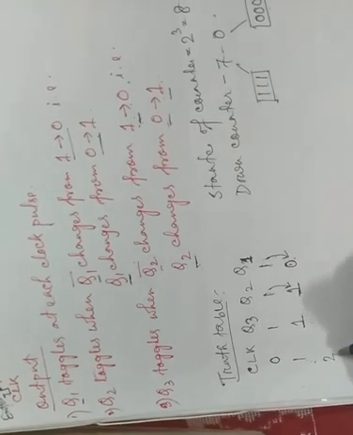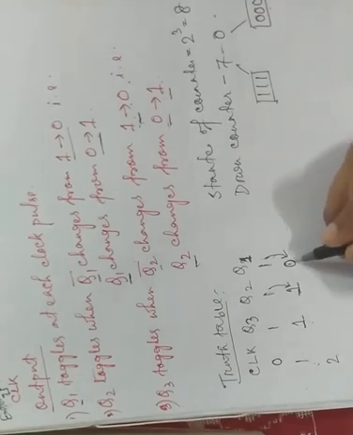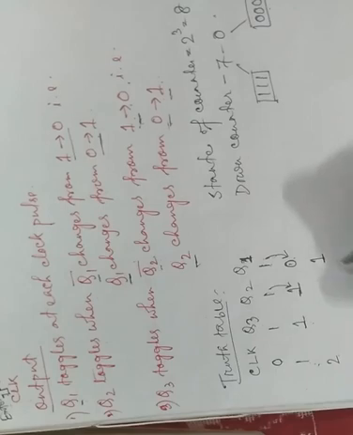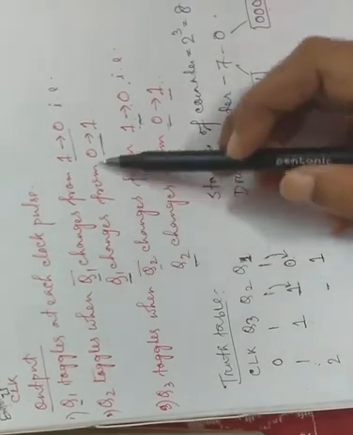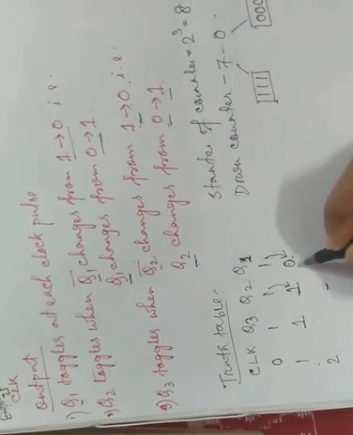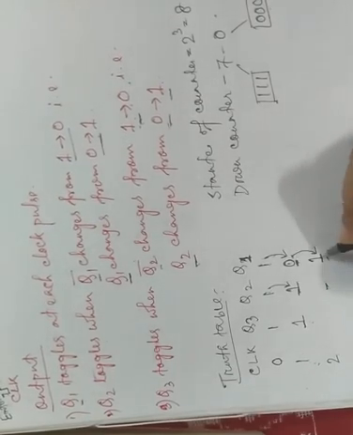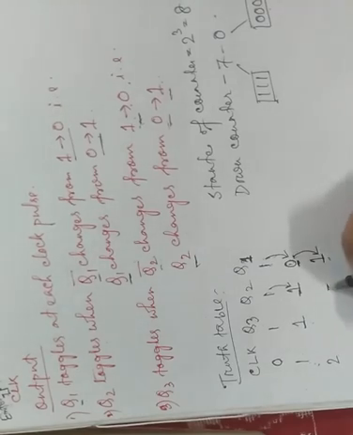Now in the second clock pulse, the first flip-flop always toggles. That means it was previously 0, now it is 1. Okay. Now for the Q2 value, we have to see whether Q1 changes from 0 to 1. Now you see here Q1 changes. Q1's previous value was 0, now it is 1. So it changes from 0 to 1. Okay. So as it changes from 0 to 1, Q2 toggles.